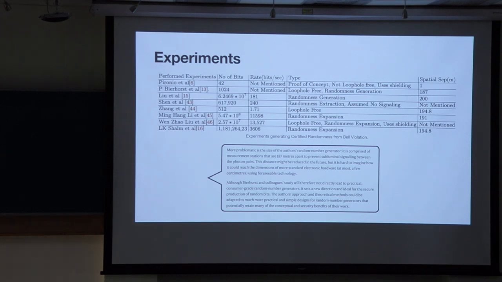And so we have to think of some new ways of generating and certifying randomness, and our work is basically inspired from this. What we did was we devised a proof of protocol and implemented it, which doesn't require this distance verification. So let me show you how this is done.